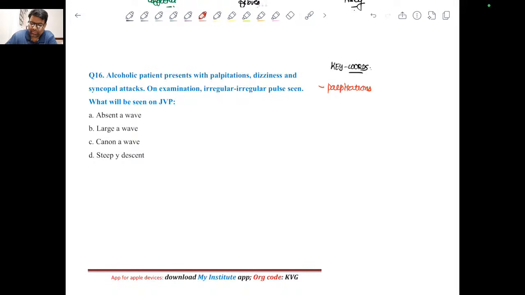Palpitations means the patient is aware of his heartbeat. Dizziness, syncopal attacks means loss of consciousness attacks, and most importantly the pulse is irregular,